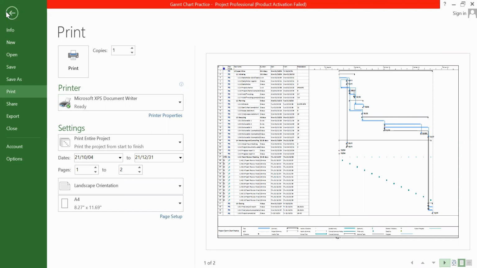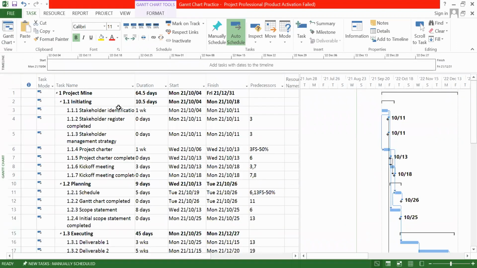Okay, so now, this is just the print view. For example, if we are going for a meeting or presentation or whatever, and you need to take a printout, this is the way to take the printout. Okay. Now tell me, how can I see the